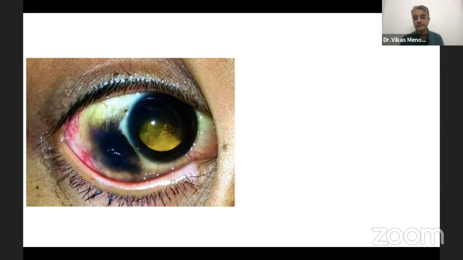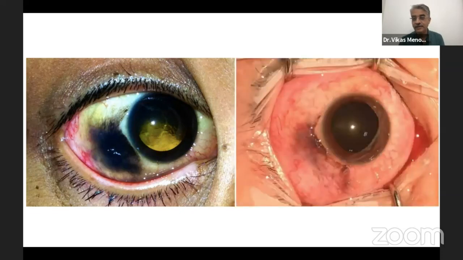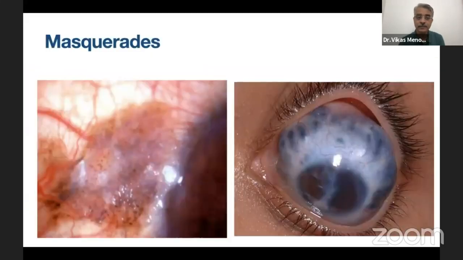So this was a rare situation where actually the port was left slightly open and there was pigment leakage from the choroid, which was getting deposited under the conjunctiva and which scared the patient as to what is this black pigmented thing on my eye. And so the VIA surgeon went back in again, closed the ports tightly, and most of this pigmentation could be simply washed off. There are some other situations which you need to be aware of.